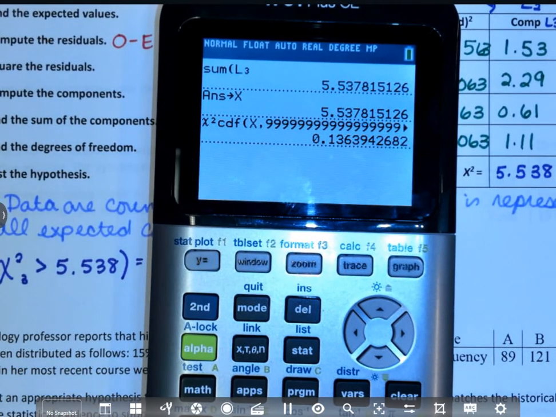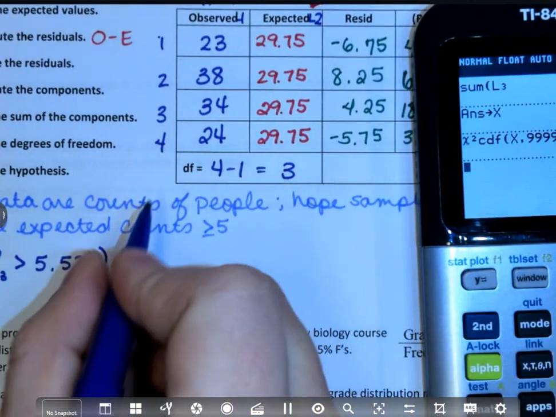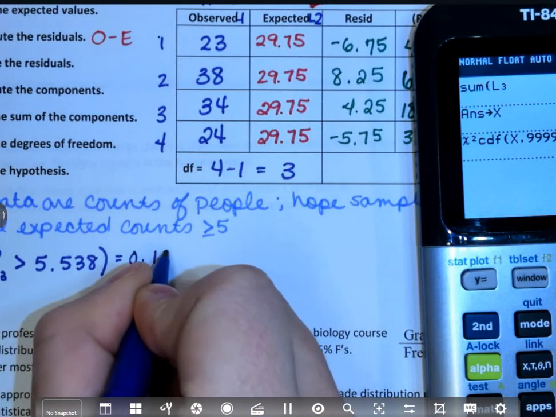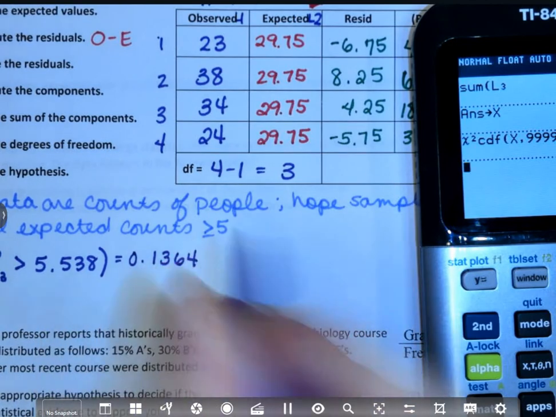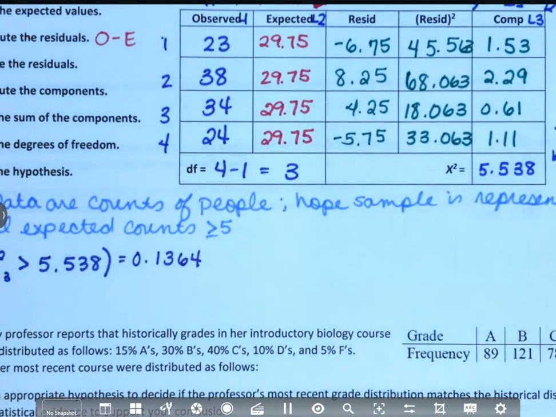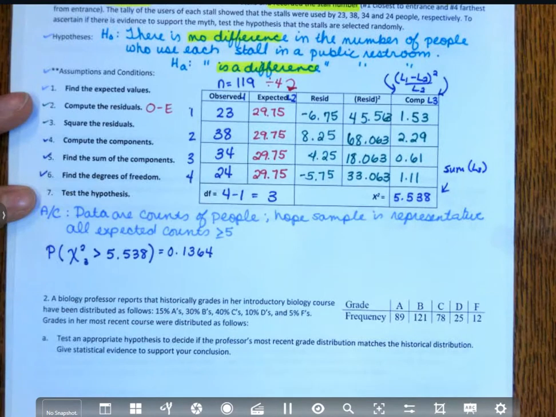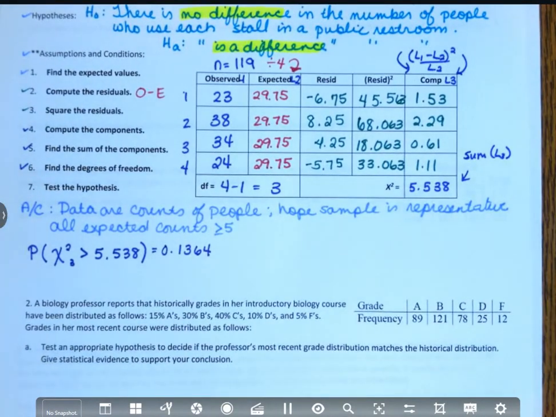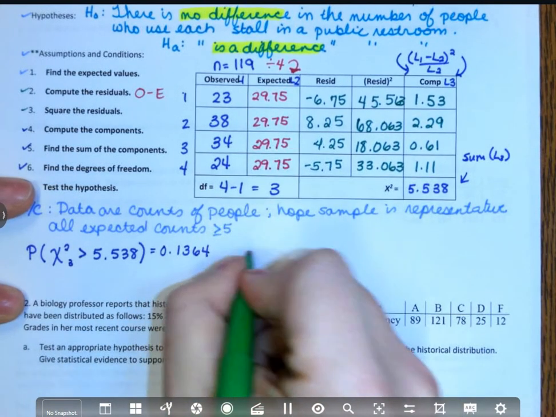There's my p-value. So the p-value is going to be 0.1364. Okay? What do I do now? Got my p-value. I need a conclusion. So I will say,